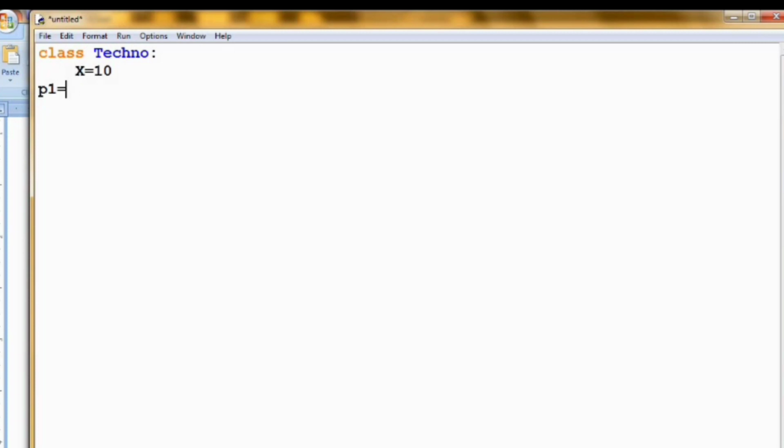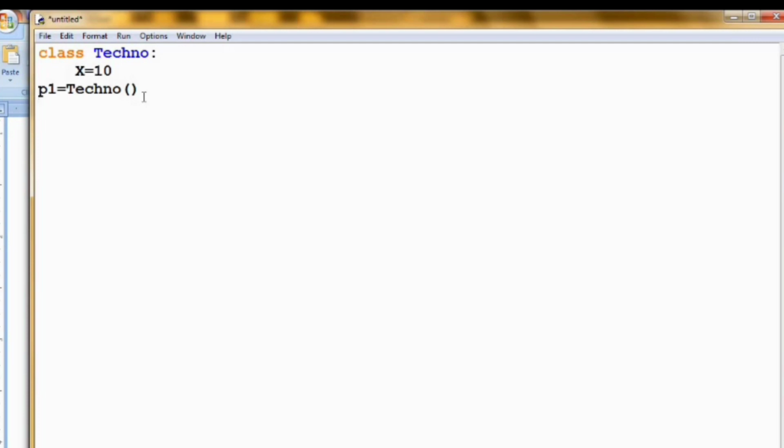Let the object be p1. p1 is equal to Techno of round brackets. This implies p1 is an object that is assigned to the class Techno. So now we have created a class and an object for that class.